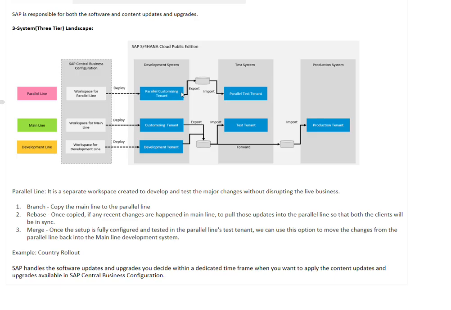They can add those configurations in the parallel customizing tenant. Correct? But you might get a doubt in the meantime: after copying the changes, if the US country, during their testing, comes up with any additional requirement or enhancement, and those changes are done in the main line,